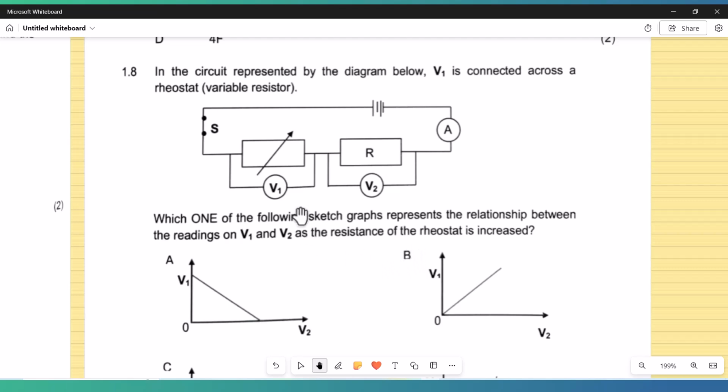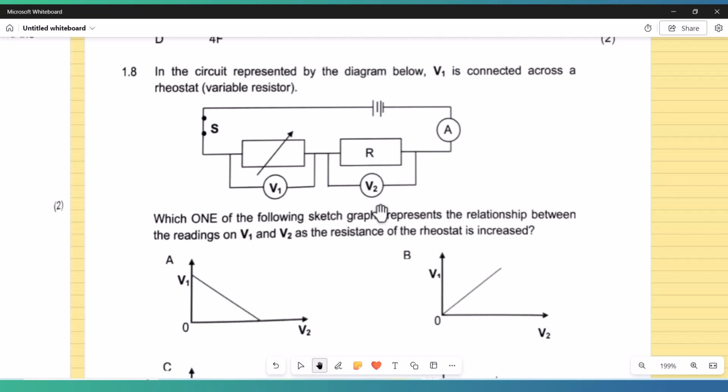Now from our theory, when the resistance of the rheostat is increased, we're going to have a higher total resistance for the circuit. Now, when the resistance increases, what happens to the current? You're going to have a decrease in the current. Are we together? Because of a decrease in the current, and from Ohm's law, the current and the potential difference are directly proportional. So, because of a decrease in the current, this V2 must do what? It must as well